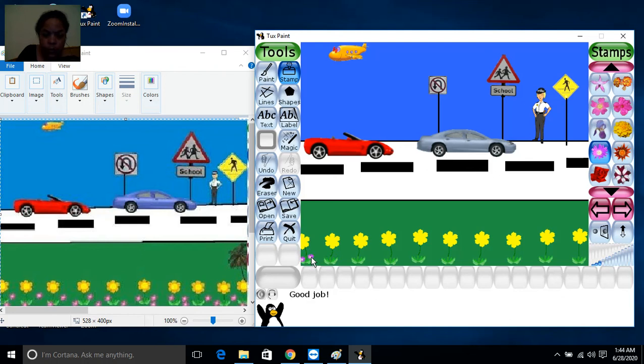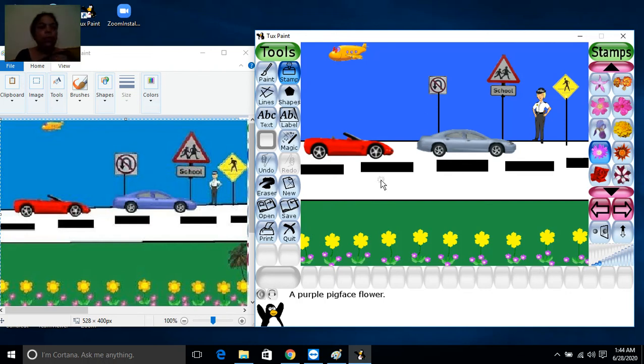I will put the flower here. You can see. Now my drawing is ready.